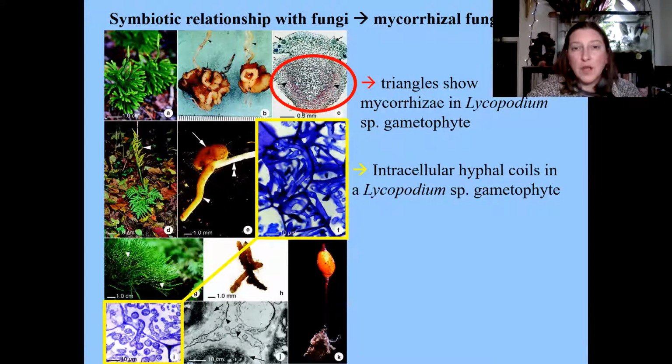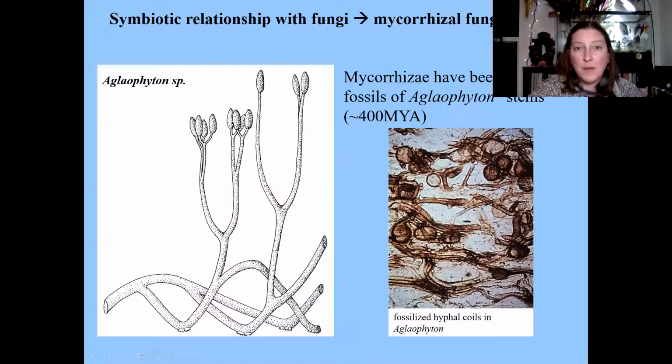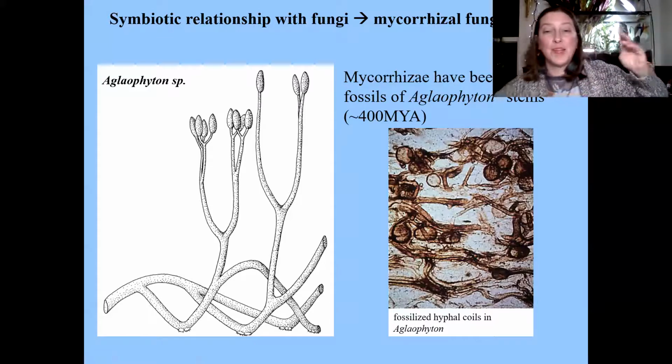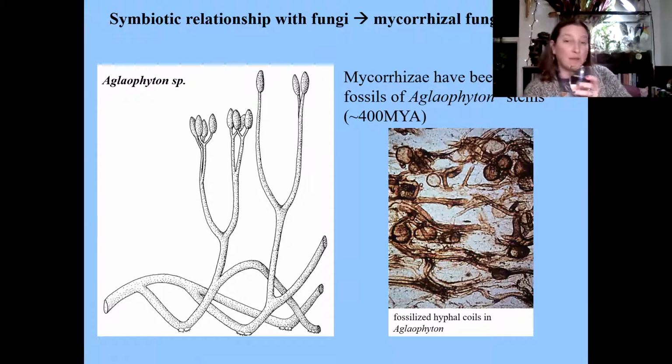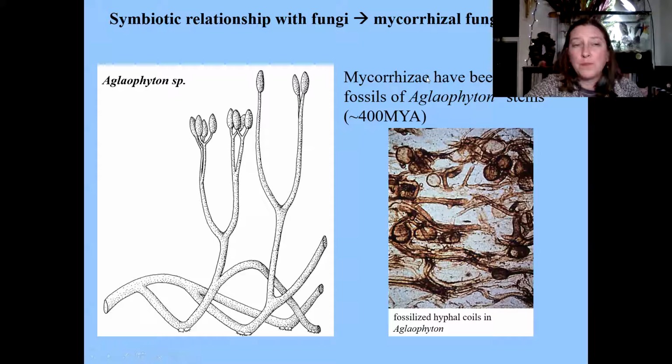All right. Symbiotic relationship with fungi, mycorrhizal fungi. Interestingly, this is something that's been going on for a really long time. If we looked at some fossil specimens of Aglaophyton, remember, which is our kind of intermediate plant, they actually have this relationship with mycorrhizal fungi. The picture on the right is showing you fossilized fungi inside of this plant fossil,